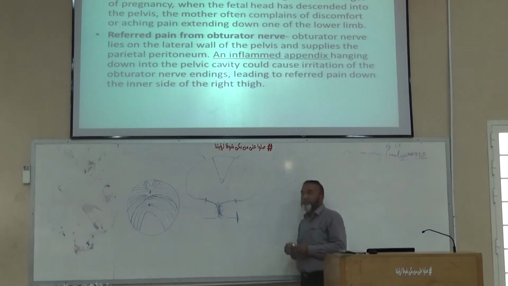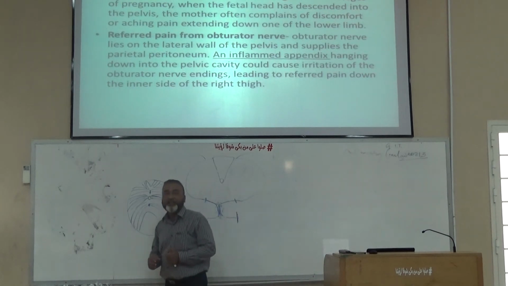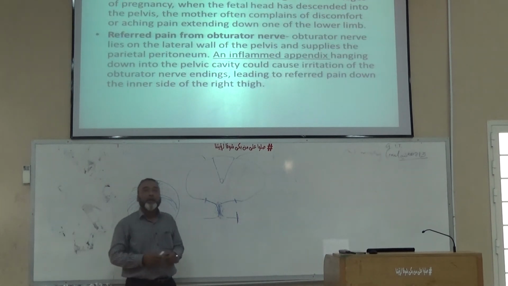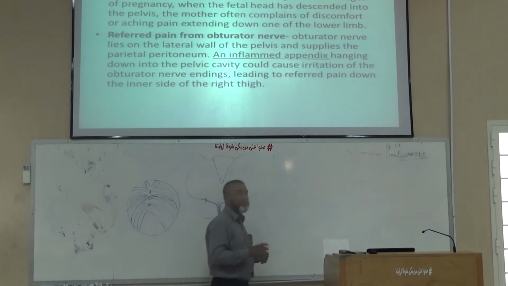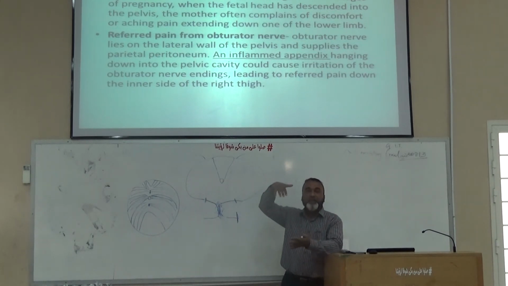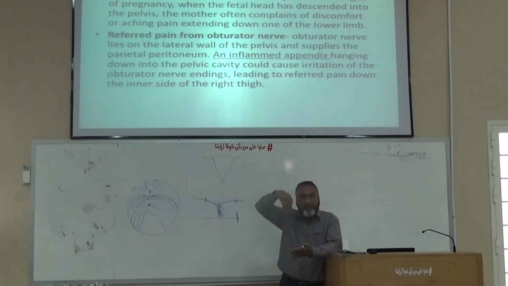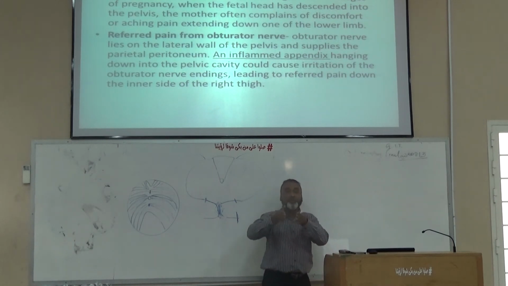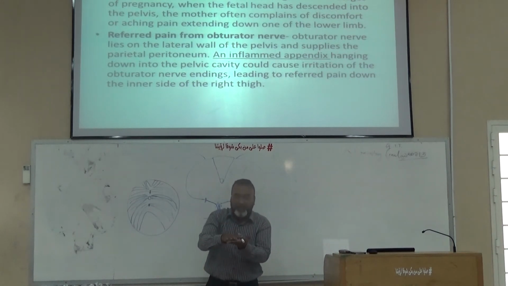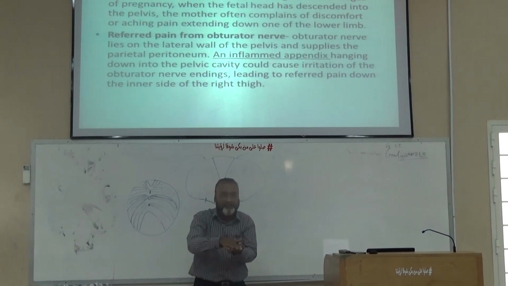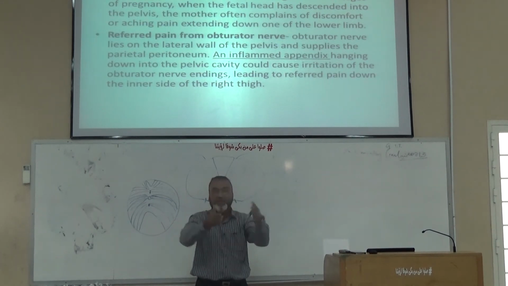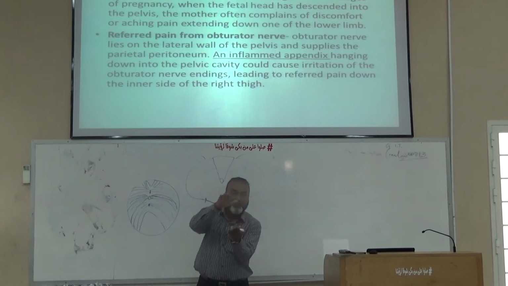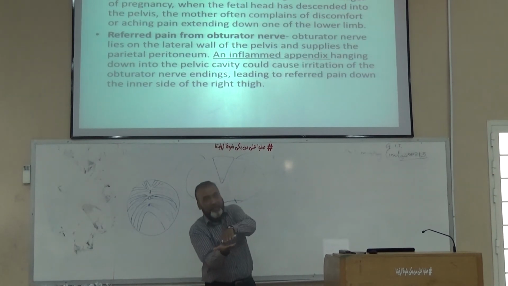Now, if you see on the sacral plexus, when the baby's head enters from the pelvic brim into the pelvic cavity, if you remember the diagram I showed you, when the baby enters, it has its face towards the right or the left side for its anterior-posterior diameter along the transverse diameter. So it rests either on the right or on the left side.